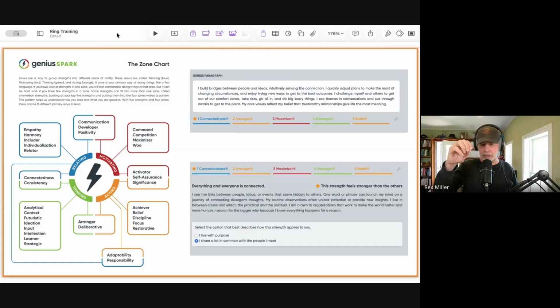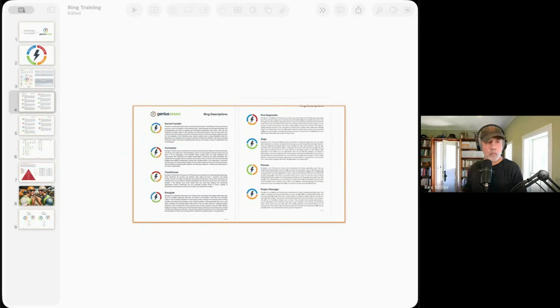The first time we experimented with this was at a Ripple Intent conference, and I think there were 200 people in the room, and we had them do it manually. This is back when we were doing this manually. Next time we'll go through each of the 15 archetypes. One of the things we started finding is that when people chose what zone those chameleon strengths fell into, their archetypes made more sense to them. And we heard this over and over again.